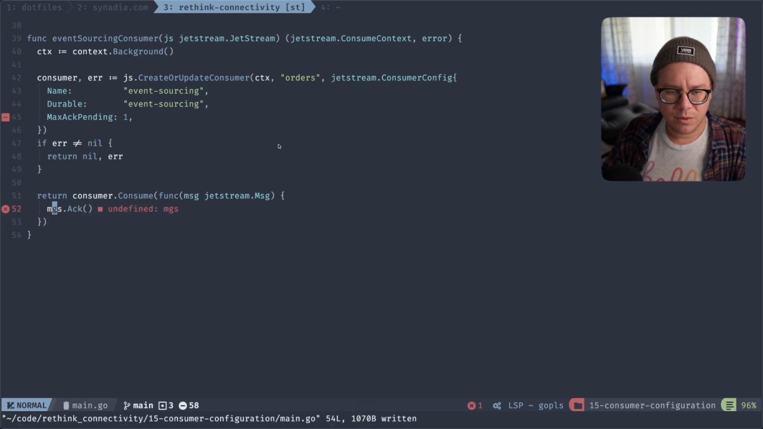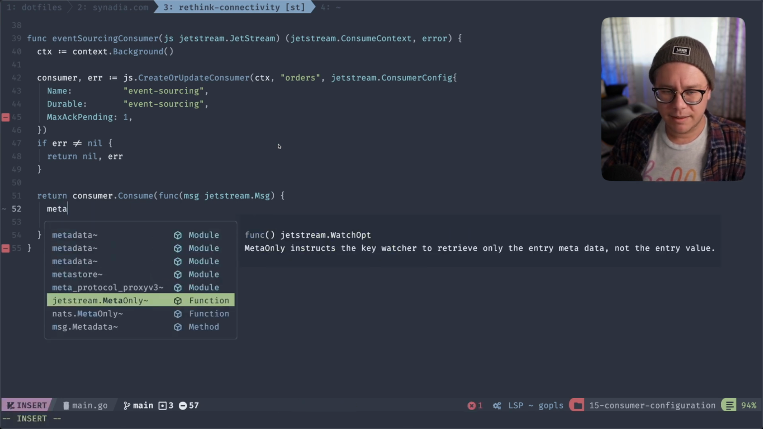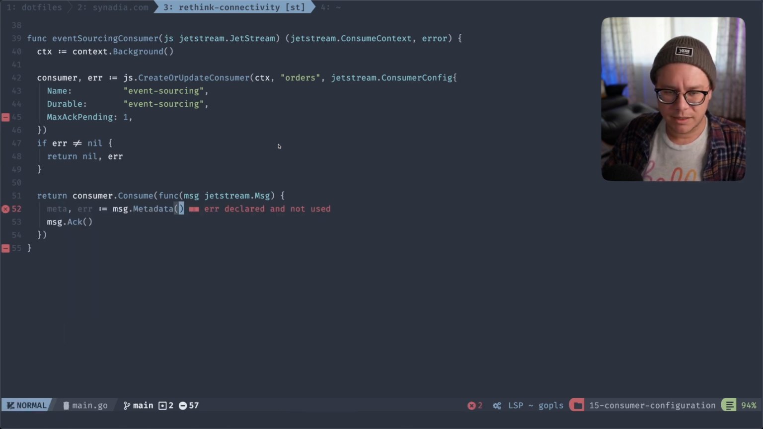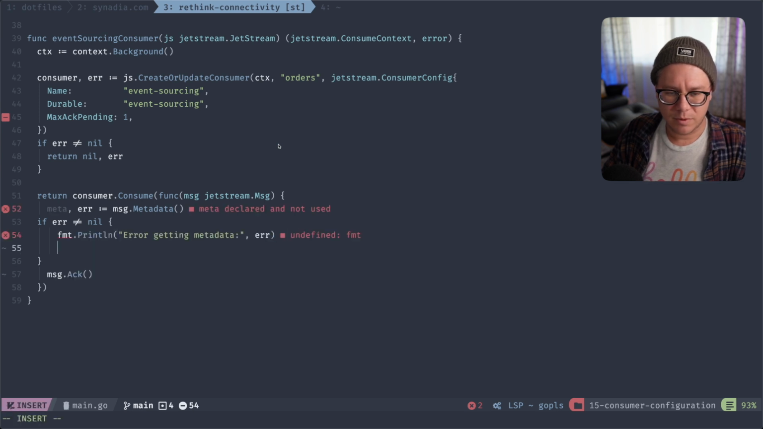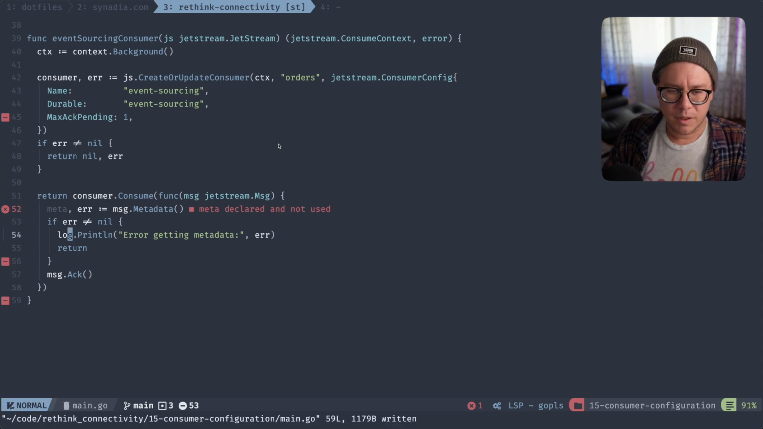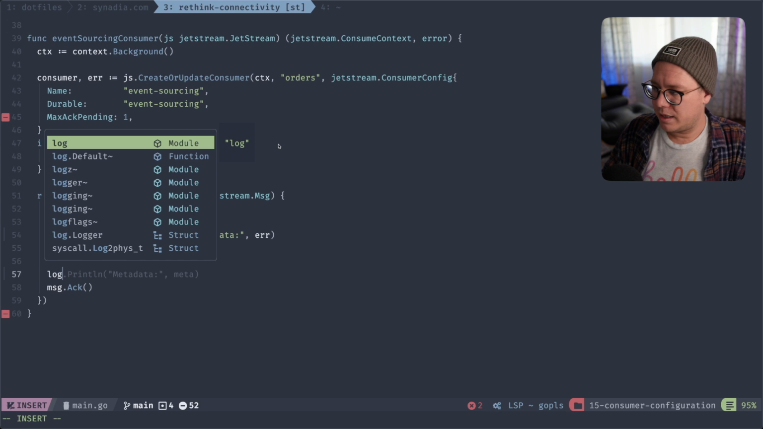And I'm going to do a couple things here. I'm going to pull out the metadata for this particular message. And if there's an error, we should just print it and move on. I'm going to say, sure, and then we'll return. I'll just make that a log. Okay, so we have our metadata, and now I want to print out the fact that we've